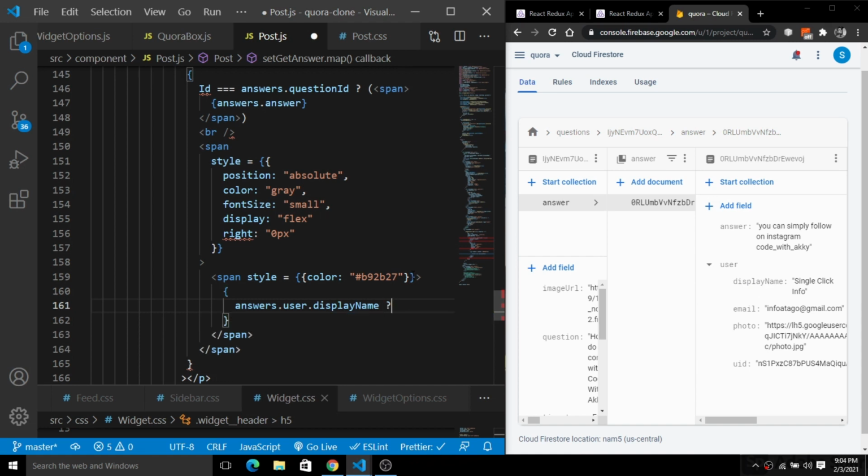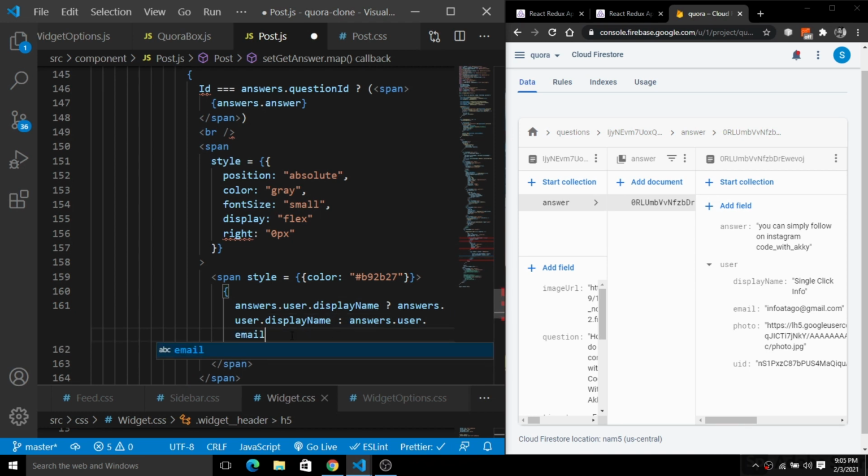If the user has the display name, then render the display name, or the email of that respective user. So simply paste it here. If the user doesn't have this display name, we will simply render the email for that respective user. So simply add an email here.